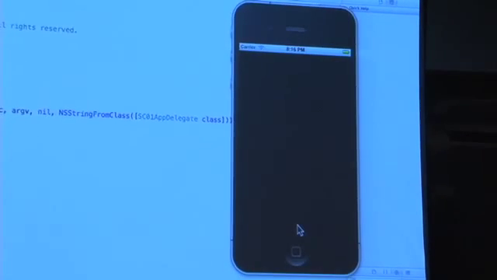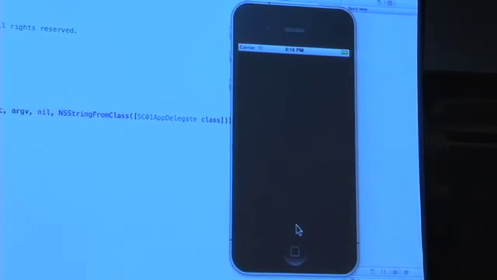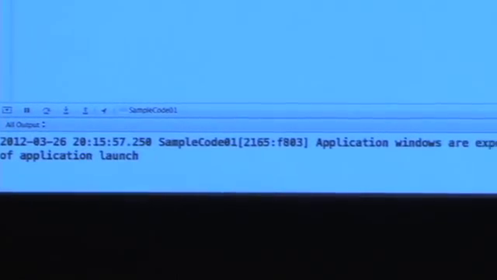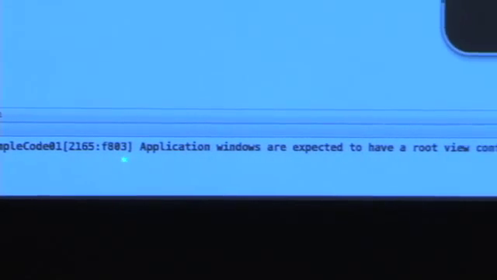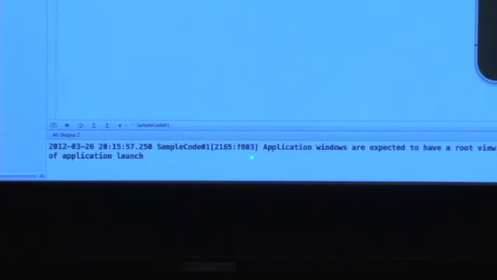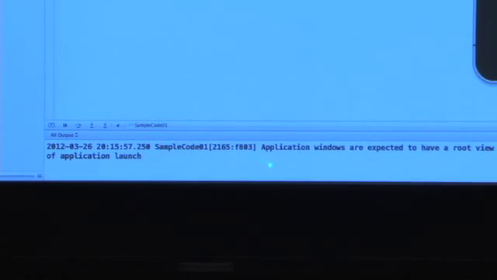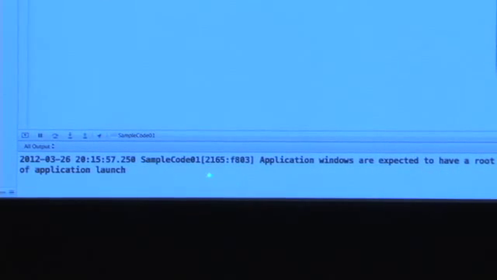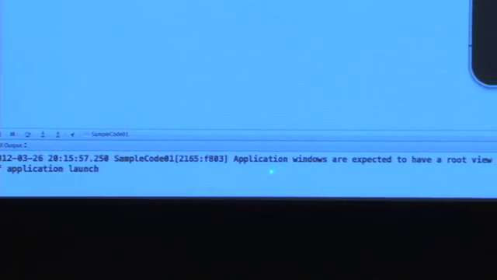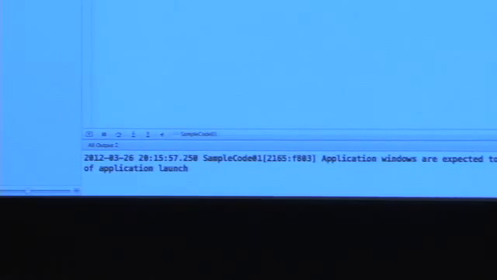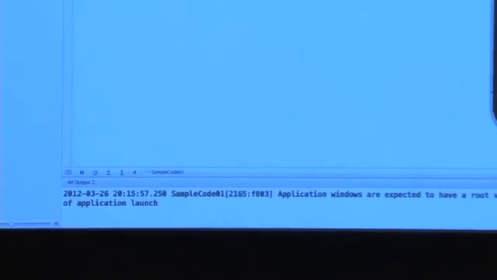One of the things I had done to create the forced error was connect the web view as the view, and this is much cleaner than it used to be. It used to be that the program would just crap out, and you'd have a fun time trying to figure out what it is. This is basically letting you know that the view's not what it's expecting, and this was forced by